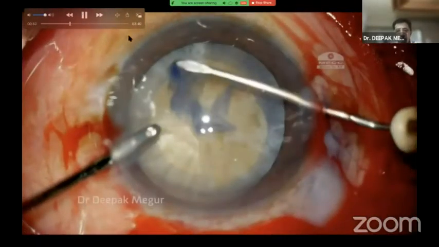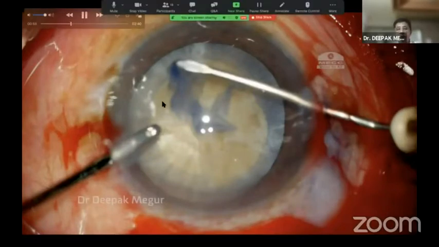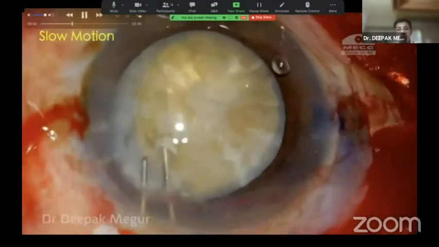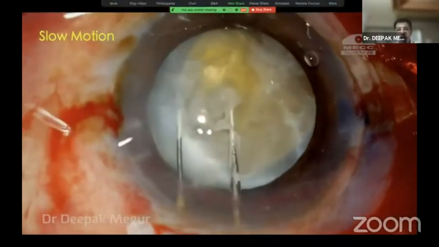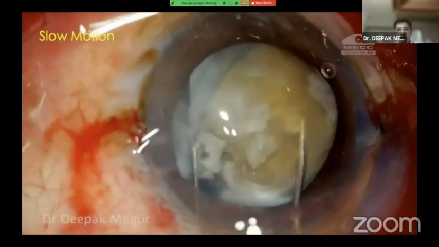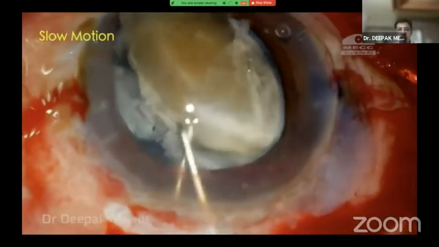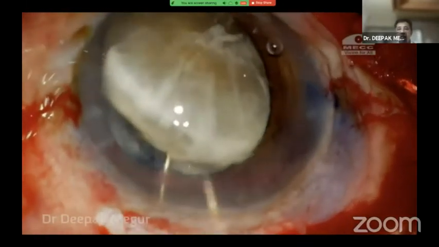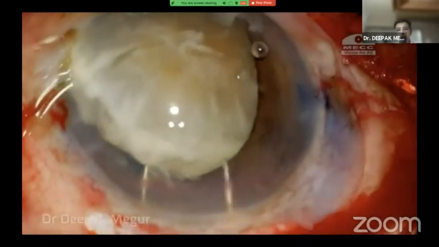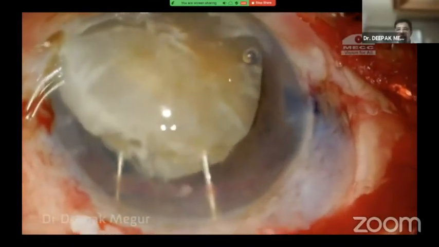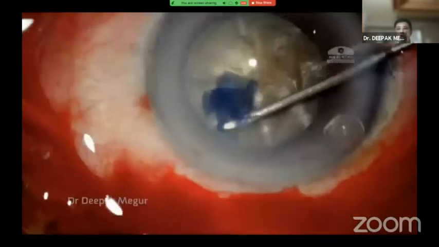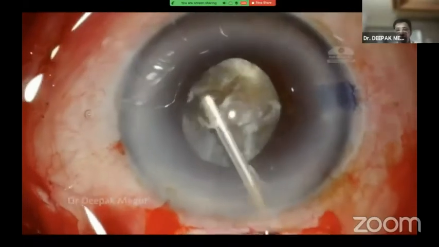See, this is a rhexis which is about 5.5 millimeter, and you have a nucleus which is about 8 millimeter. In spite of that, you can still see that if you are able to wheel the nucleus out using these 2 techniques, just engage one equator of the nucleus and then wheel it out. You can see that you can prolapse such a large nucleus out of the bag in a